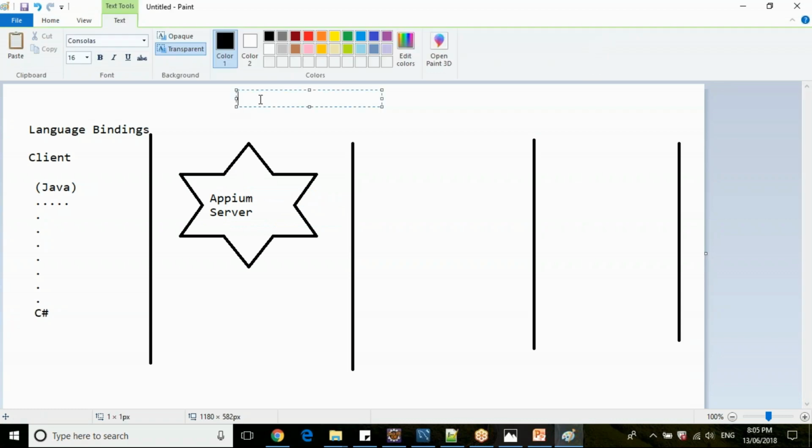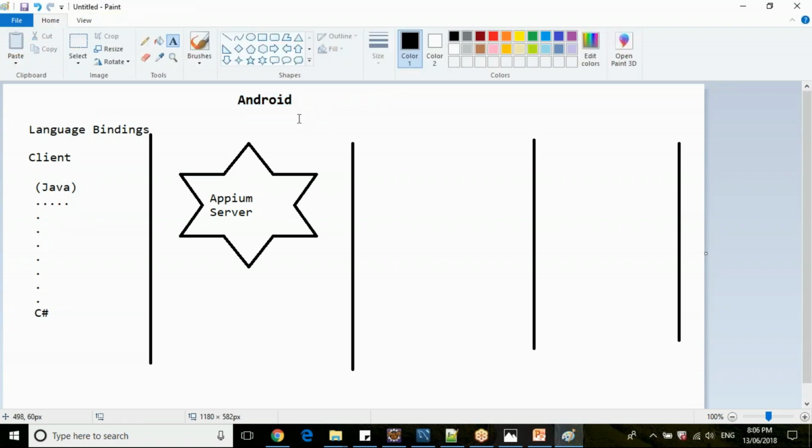Guys, this architecture is only for Android. iOS is also similar. It looks the same, but minor changes will be there. I don't want to confuse you with all those at a time. We'll discuss iOS when you are working with iOS. So this architecture is only for Android.